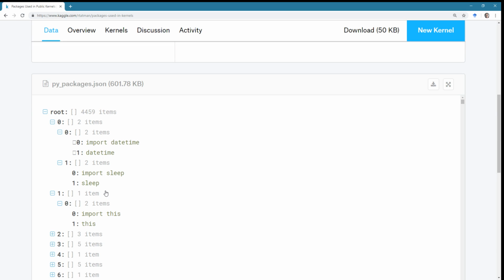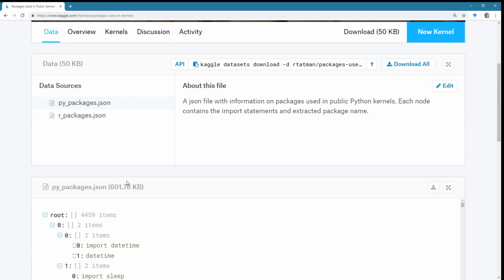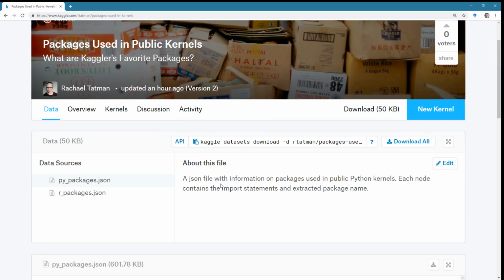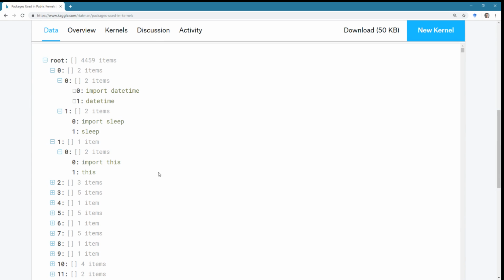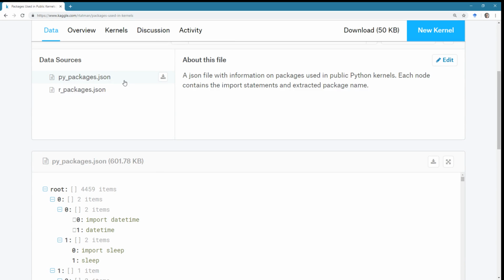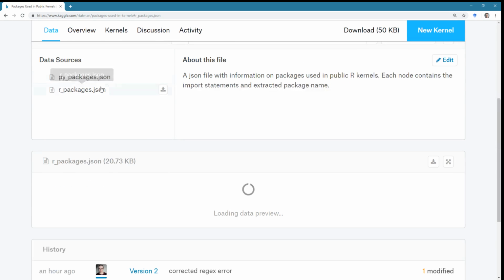Ben says, what are Kagglers' favorite packages for analyzing Kagglers' favorite packages? Well, for me, it's going to be the tidyverse, because we're going to be working in R today because I am sick and I don't feel like messing around with pandas. No shade on pandas. Pandas is great, but y'all know me. I love my R. So that's what we've got, and we've got the Python version and then also the R version.